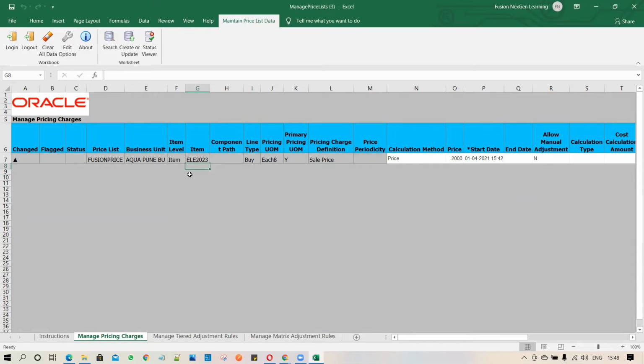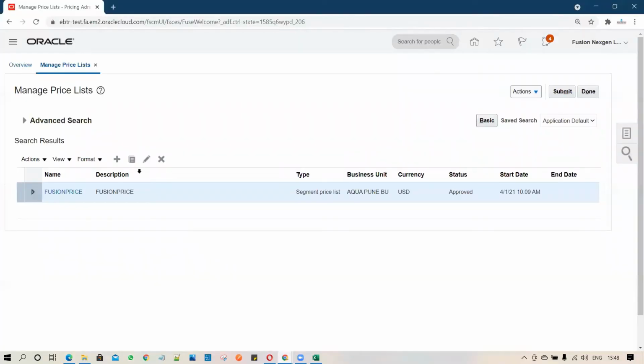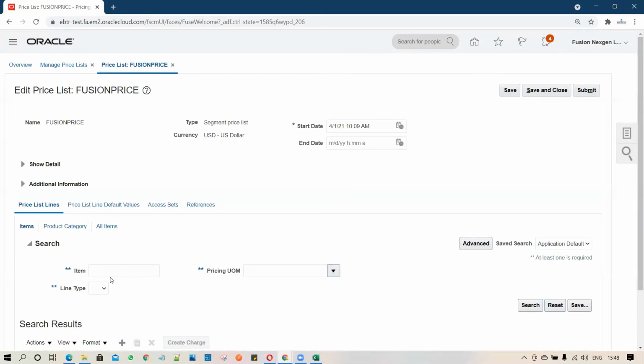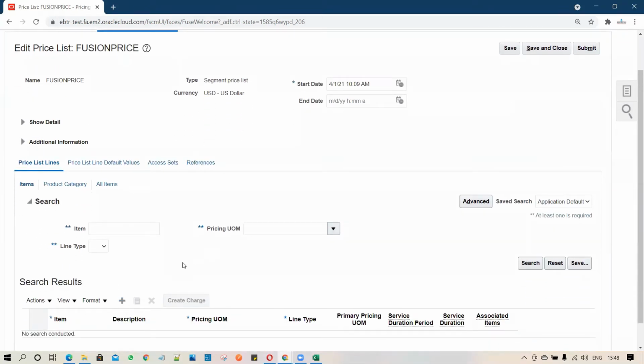After doing all your changes, or if you're adding a new item, you can add it directly. So let's assume I have one of the items. We'll search for one of the items and we'll try to add it as well, so you will have the entire understanding of how to add a new item.